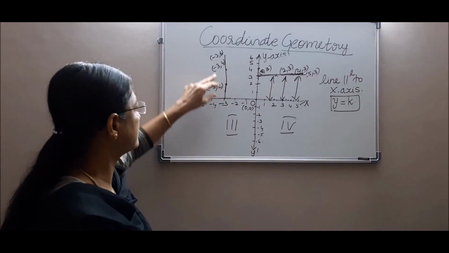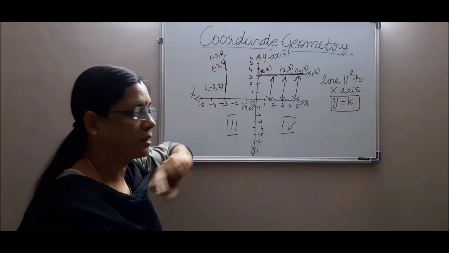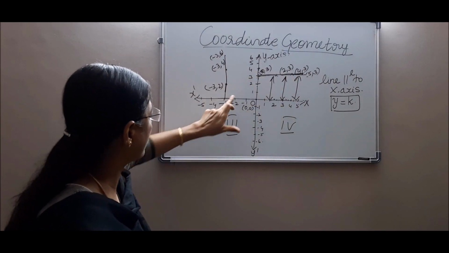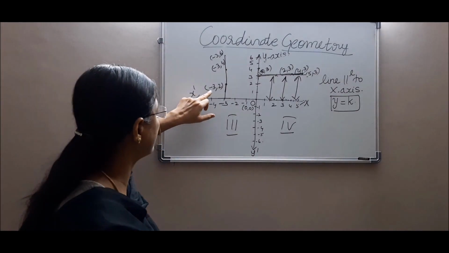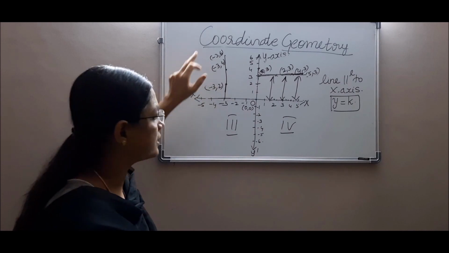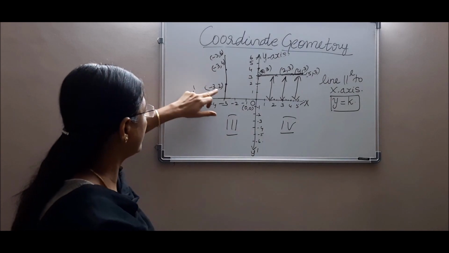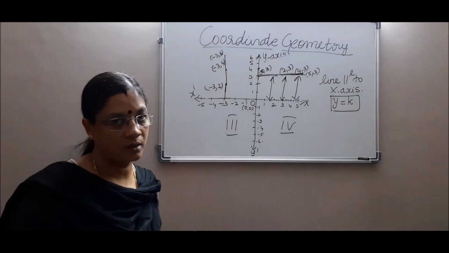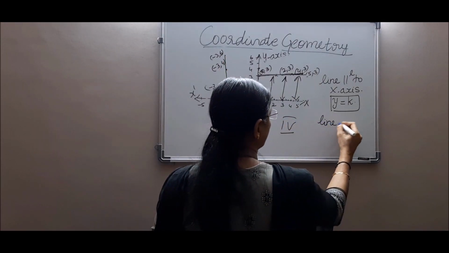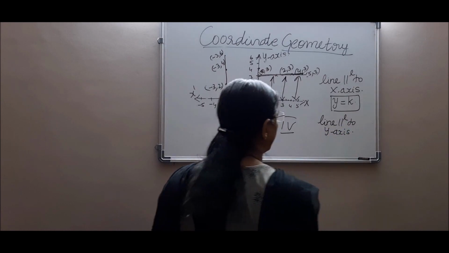So how do you find this line to be? This line is parallel to the y-axis. As the earlier line is parallel to x-axis, see, I've drawn a line parallel to y-axis, and it has points like -3 comma 2, -3 comma 4, -3 comma 6. This -3, that is the first point, is always the abscissa. I told you it is the x coordinate, isn't it? So the x coordinate hasn't changed, the y coordinate is changing here, isn't it? So what is this? A line parallel to y-axis. Isn't it? A line parallel to y-axis.